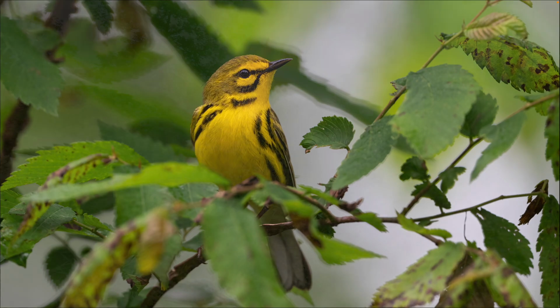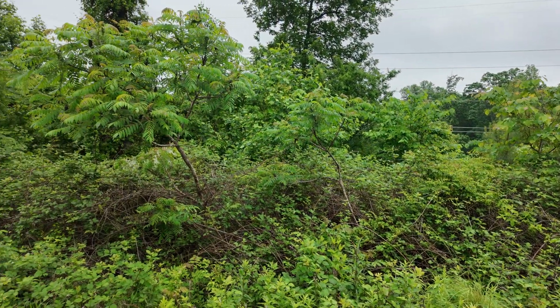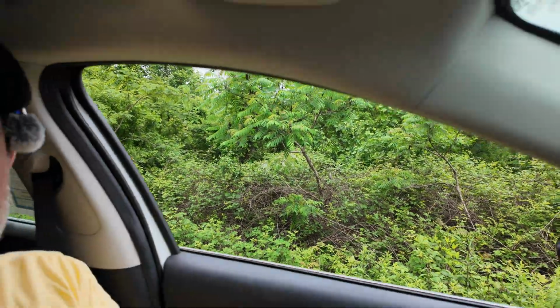Beautiful prairie warbler. I'm back at the first spot that I stopped at this morning where I got all those yellow-breasted chat photos. And I've been really struggling to get white-eyed vireo recently, but I got one. The last several times I've come out here, I've heard lots and lots of them and haven't been able to get a single shot, and I've heard them all day today. And one just hopped into a bush right in front of me, maybe 15 feet away,